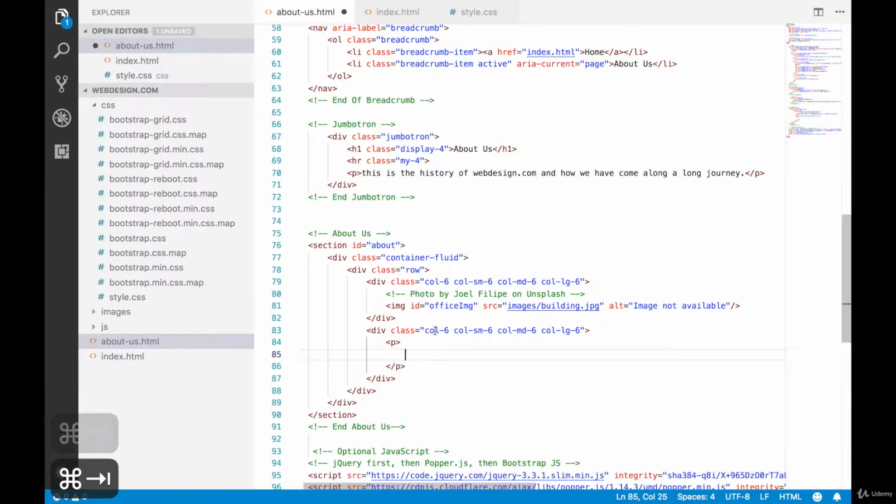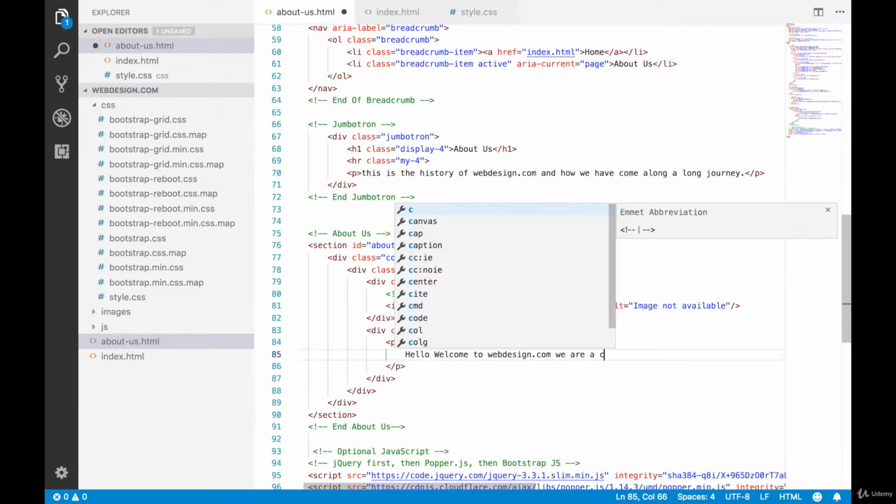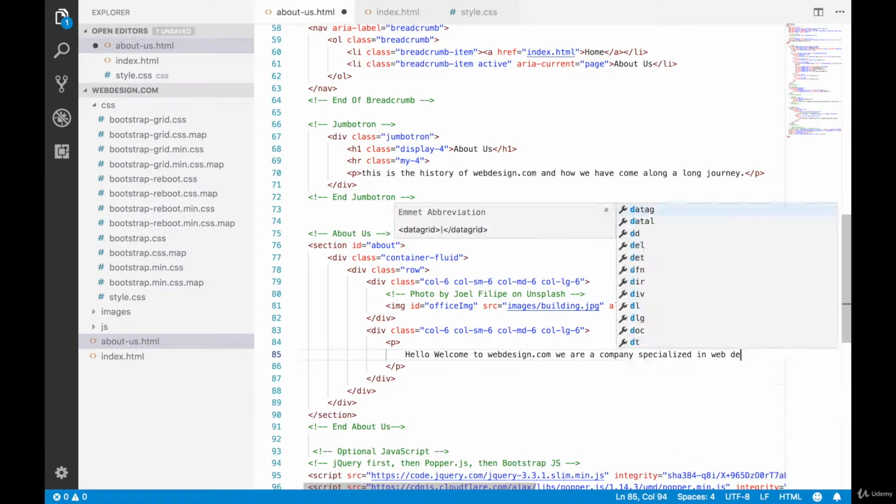So inside this paragraph I would say something like hello, and just a random text. I would say welcome to webdesign.com. Yeah, so I'll say something and just attract the user. So webdesign.com, you can write something when you're making your own site. You can write something like this to attract your user to read more about the content and the history of